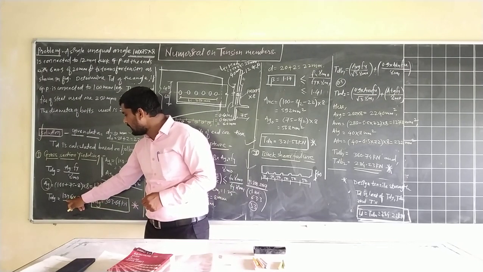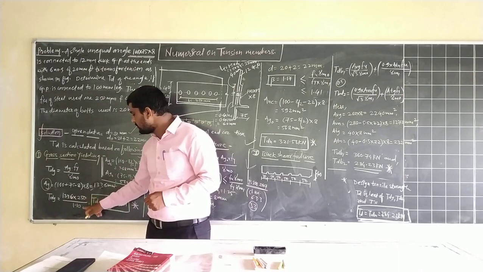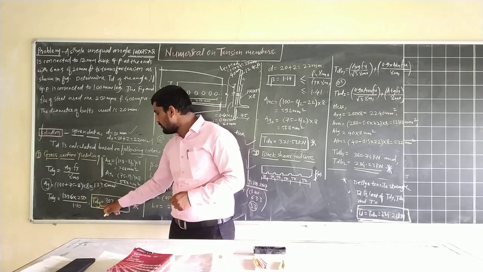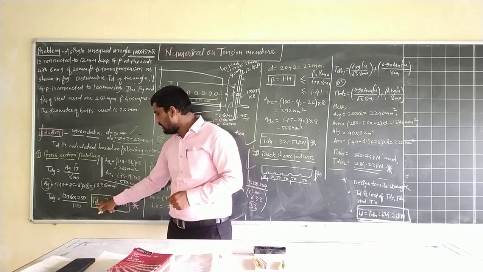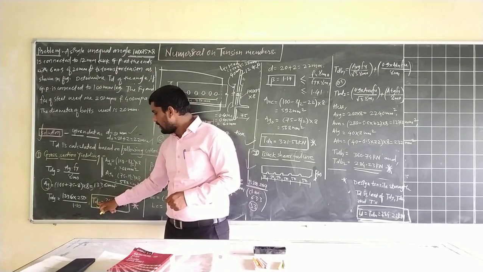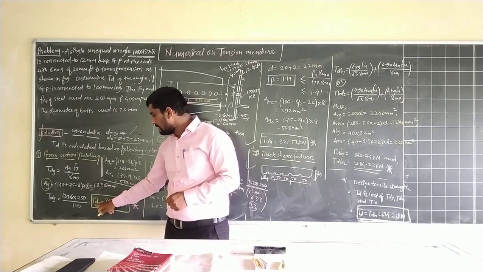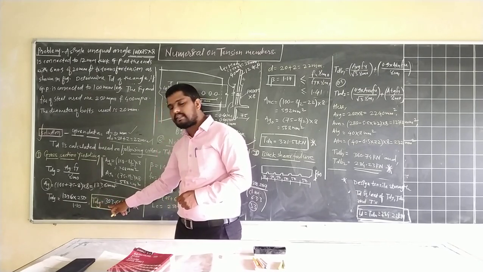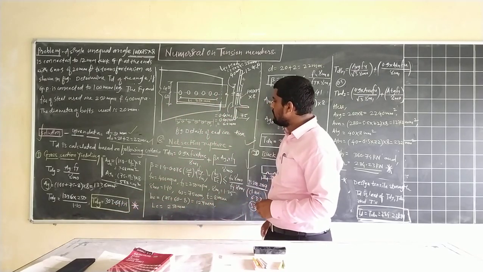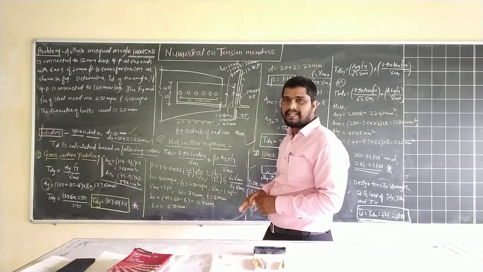After determining this area AG, we substitute all values in our equation. So AG is 1336 into Fy, which is 250 N per mm square, divided by gamma m0, which is 1.10. So the TDG value, the design strength due to gross yielding, that is the tensile strength, is 303.64 kN. Then our next step is to find out the net section rupture, that is the TDN value.